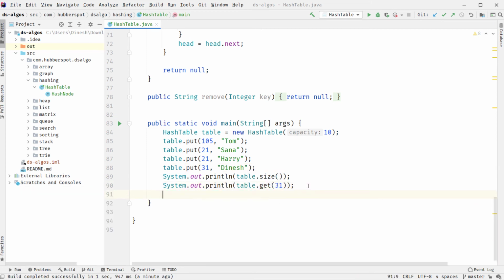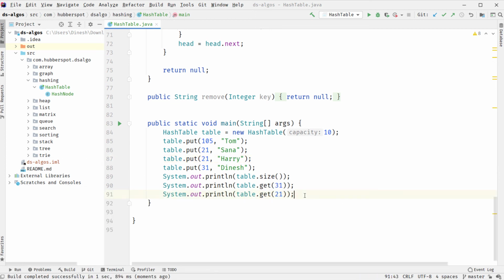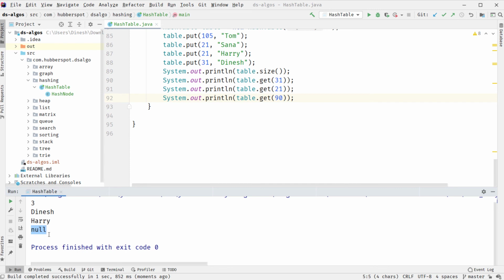Now if we do table.get and pass the key as 21, if I run the code, it should print Harry, because Harry is the updated value for key 21. And last, let's say we try a key which is not present, let's say 90. If I run the code now, it should print null. So it is returning null.